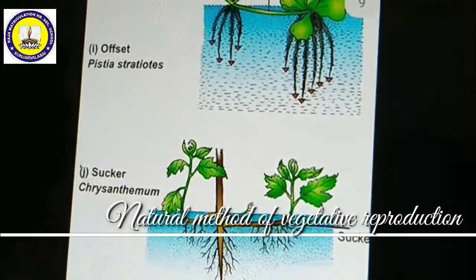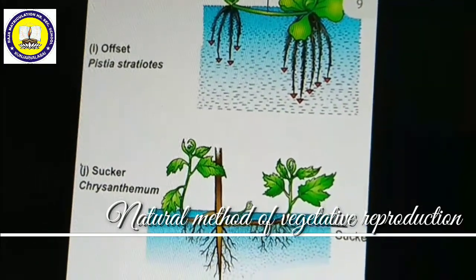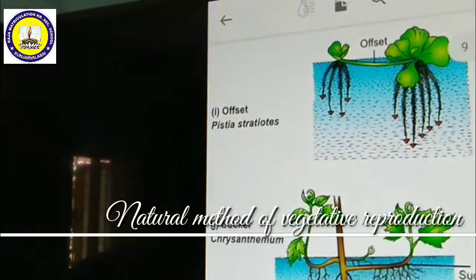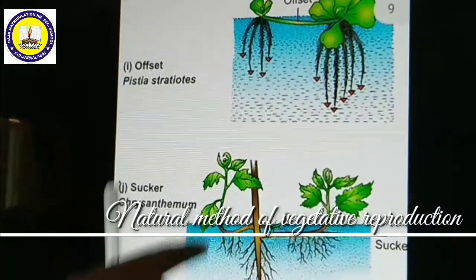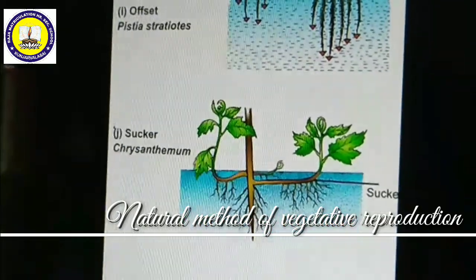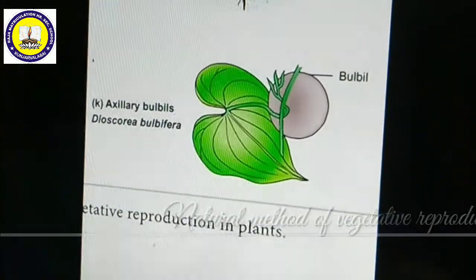The best example is chrysanthemum, in Tamil, Samanthi. If you see a chrysanthemum plant, plenty of plants will be available around it. Each and every one can be cut off and develop into a new plant. Such vegetative reproduction is called sucker, which is done by stem. Next one is bulbils. A bulbil is a special type of reproductive